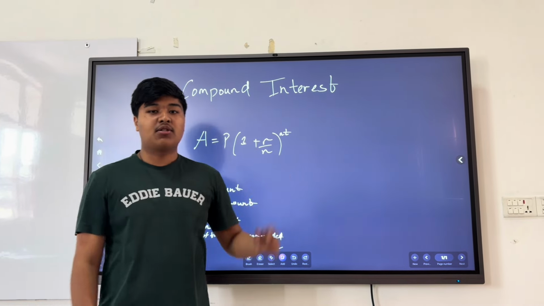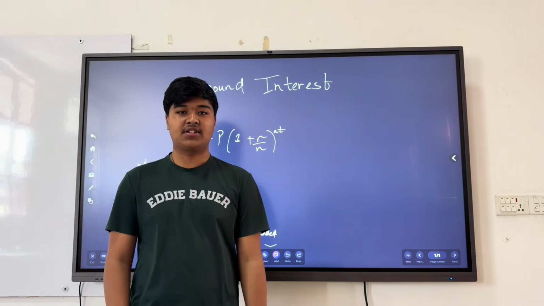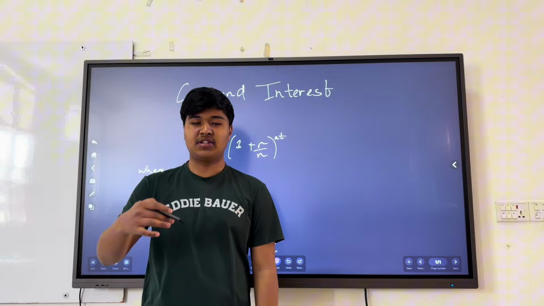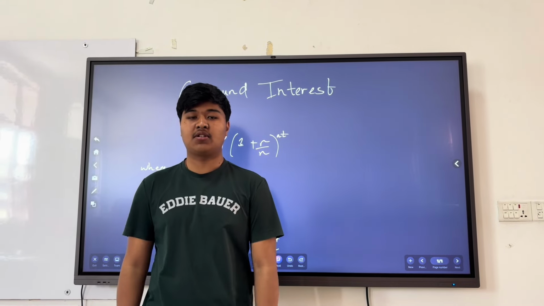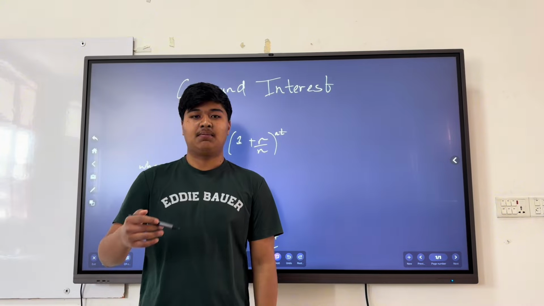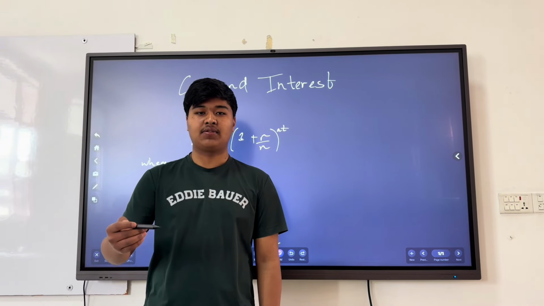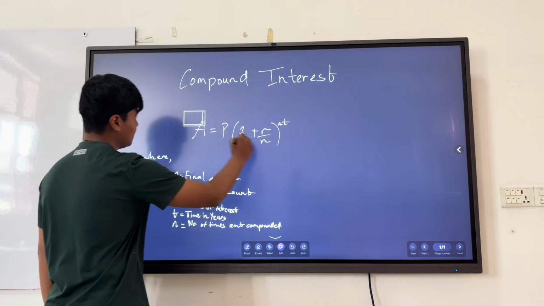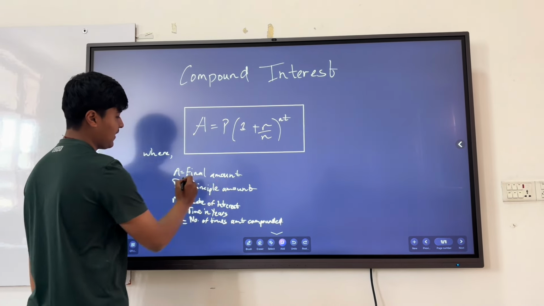So today I'm going to talk about compound interest. Compound interest is the interest earned not only on the principal but also on the amount of interest earned by the principal originally. So in simple words, compound interest means earning interest on both your principal and the amount of interest accumulated over time. So the major formula of compound interest is this, where A is the final amount and